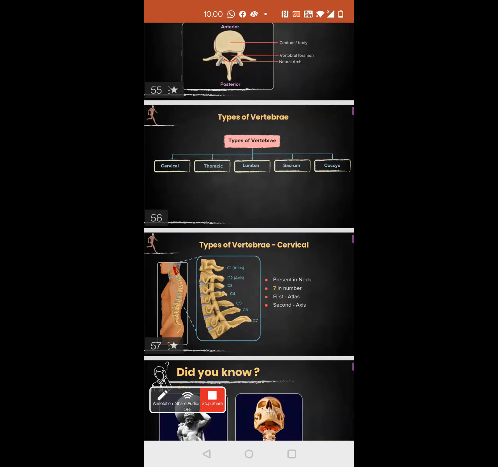When you talk about your cervix, it's your neck region, and there are 7 vertebrae in it. Cervical vertebrae, that is neck. The cervical vertebrae are present in the neck and there are 7 of them. Normally how we name them is based on which area they are present. If they are present in the cervical area, we call them C1, C2, C3, C4, C5, C6, C7. If they are present in thoracic, we'll call them T1, T2, T3 like that. Got it?